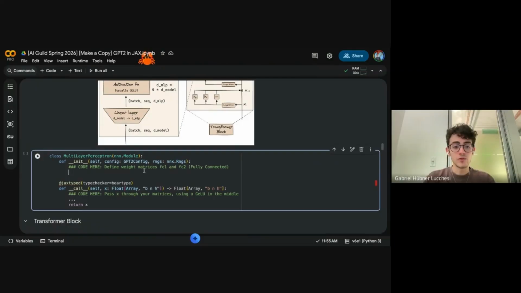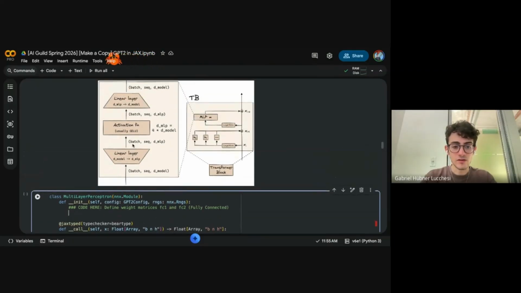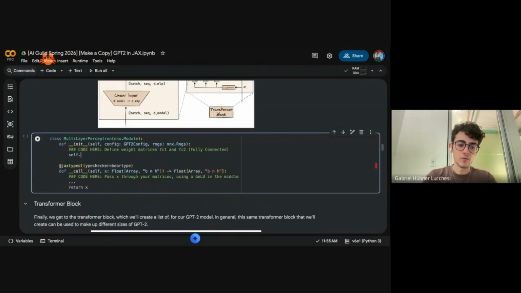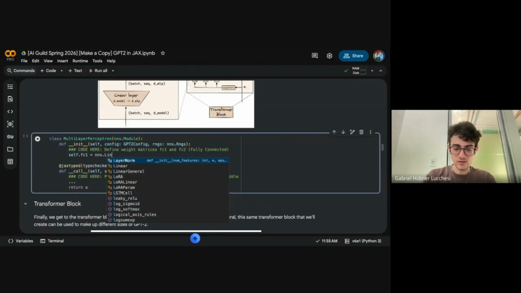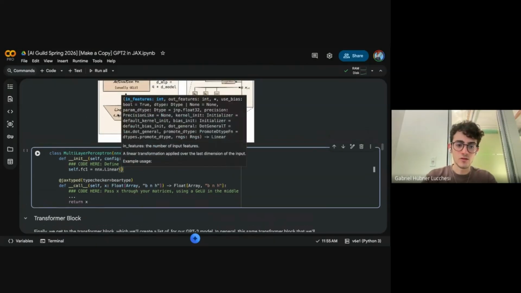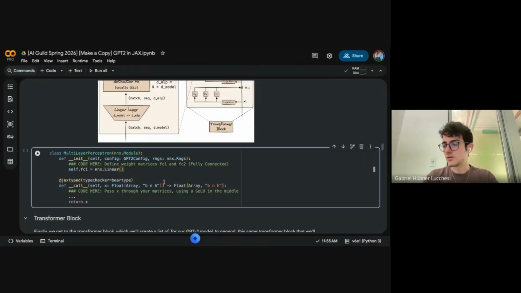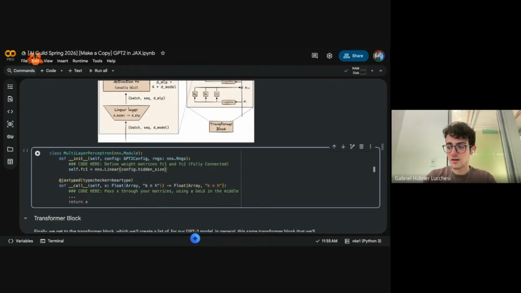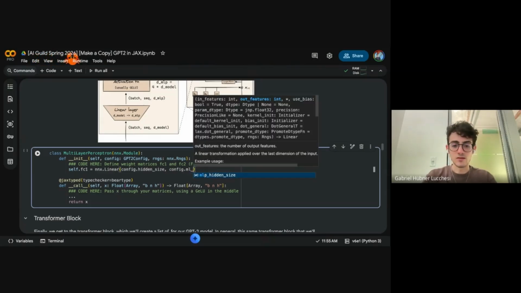How we do this is we first have to define these 3 things as part of our initializer. And what we call these layers is a fully connected layer. The way that you do this in Flax, which is a part of JAX, is you just define a linear. It's called linear layer, you see? So you do linear layer, and then I have my config. Remember that we have a hidden size and the MLP hidden size.